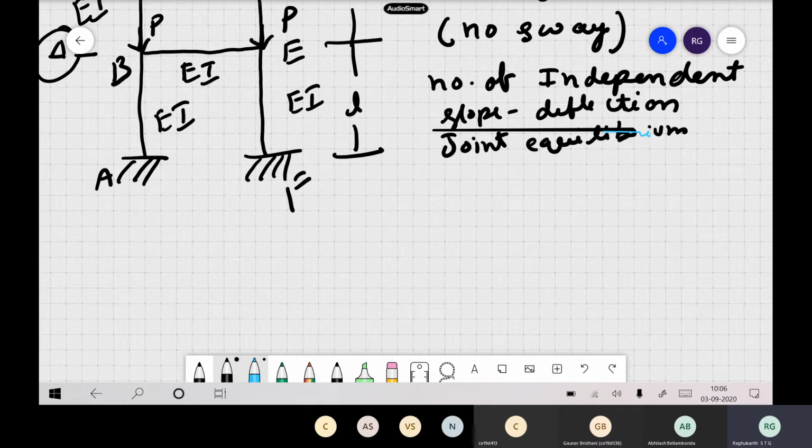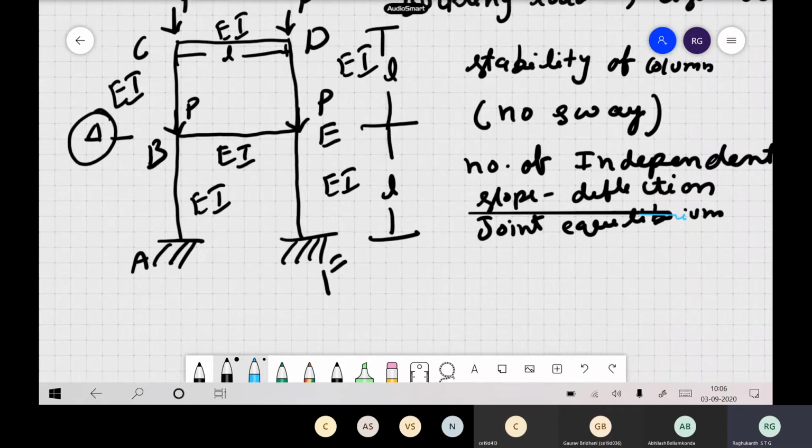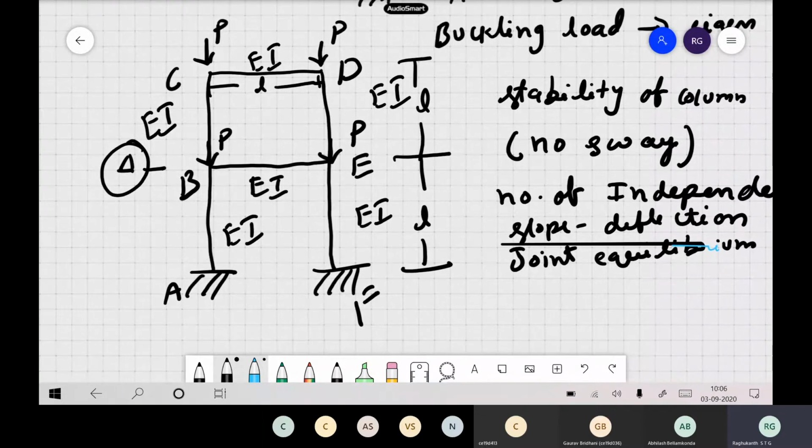And then to find out the buckling mode shapes, once you have got the buckling load, you substitute back, and then you can find out theta b, theta e, theta c, theta d, and you can identify how your columns are going to buckle actually. Whether it is symmetric or unsymmetric, or some other complicated shapes, you can easily get from these equations itself. Now anyway, this problem is very simple, straightforward, and it is a perfect symmetric problem.